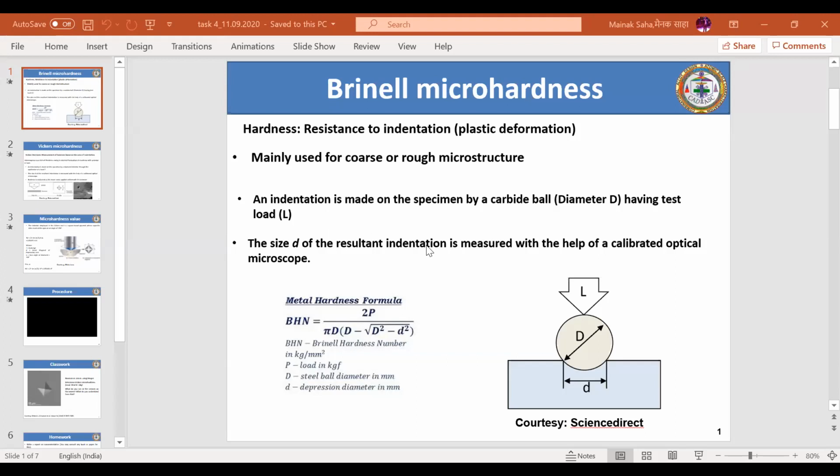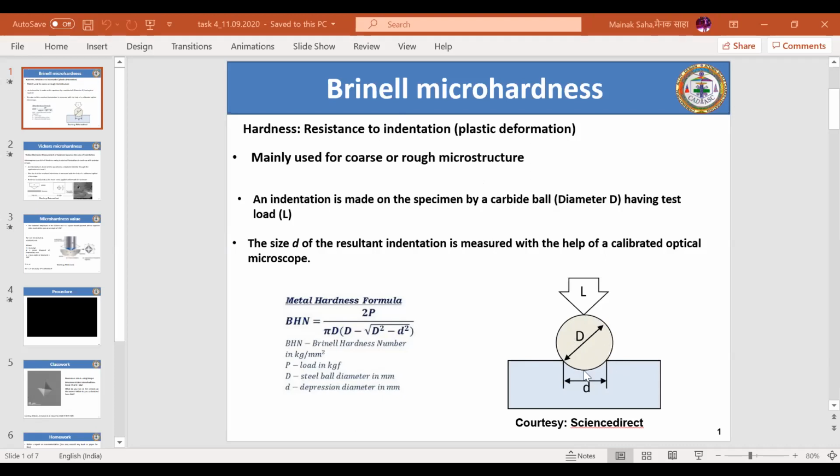See, in metallurgy, what we essentially try to do is find out the hardness. We try to find out the hardness by indenting a material, or by deforming the surface of a material plastically, and that is the technique by which we are able to find it. I mean, we know the load that we are applying on the surface of the material, and we know the diameter, in terms of Brinell microhardness. I will soon show you an indenter which has a much different geometry. This spherical geometry is not a hard and fast rule. I mean, if it is Brinell, then it has to be